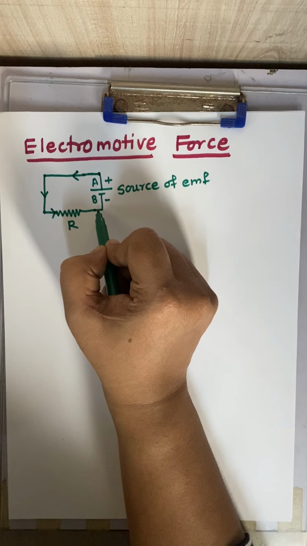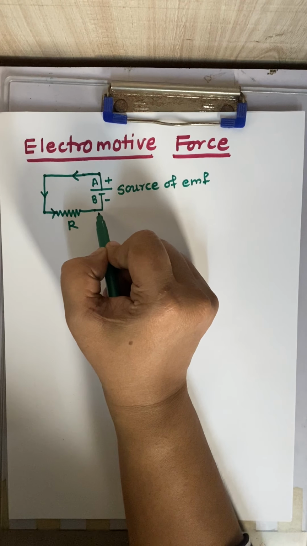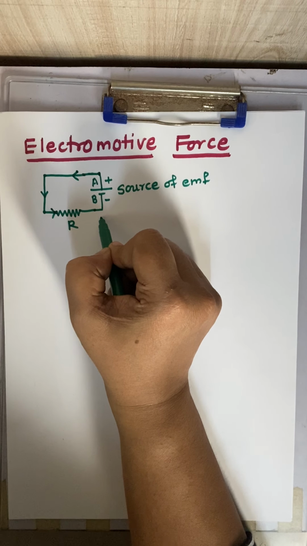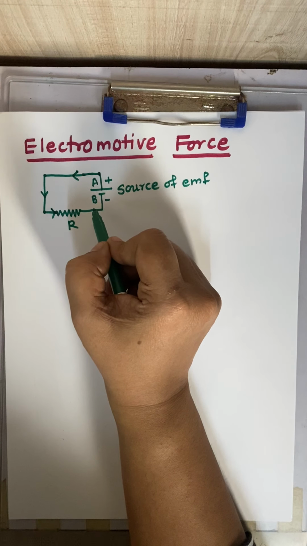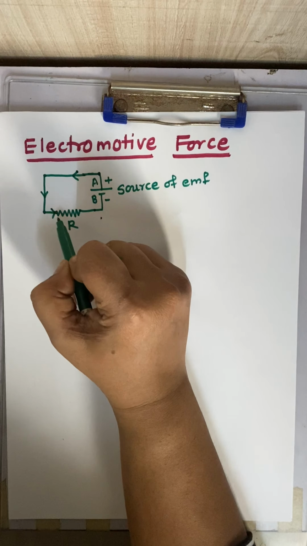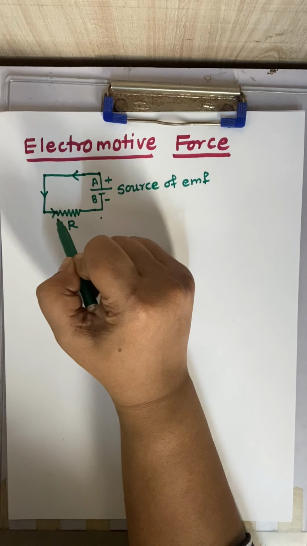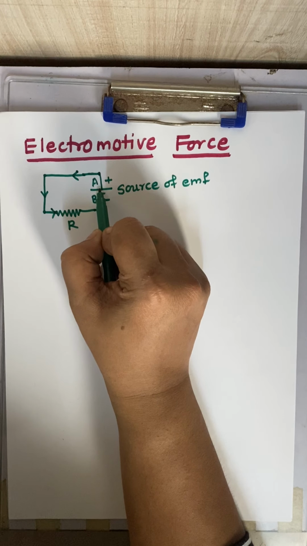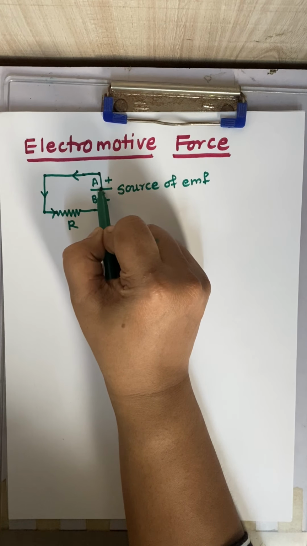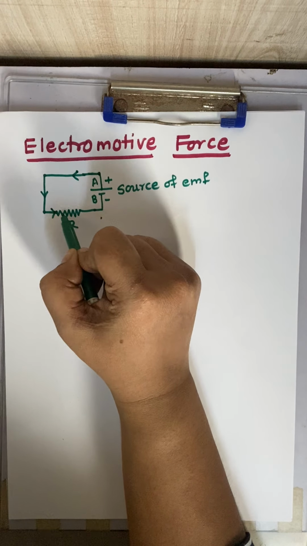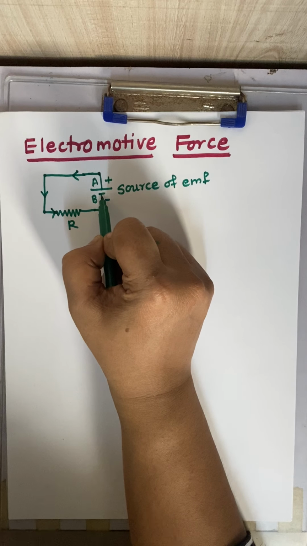Now to maintain the steady current through the conductor, some external device must do work at a steady rate to take the positive charge from the lower potential to the higher potential. What it means is that if the circuit has to work continuously, then the circuit must be closed and completed, isn't it? Suppose the positive charge has started from this place, moved throughout the circuit, passed through the complete resistance R and reached point B.